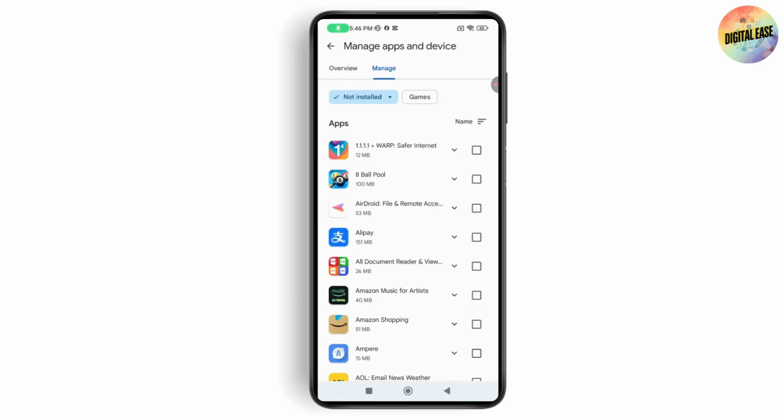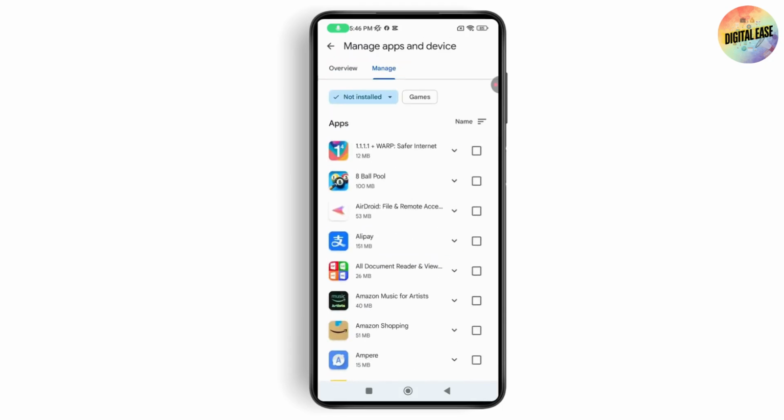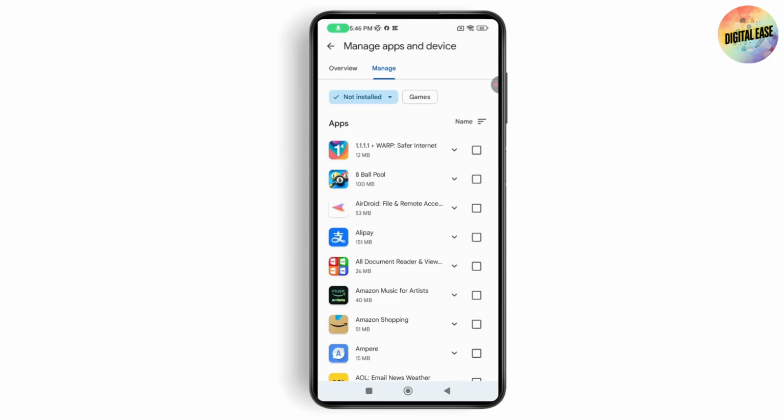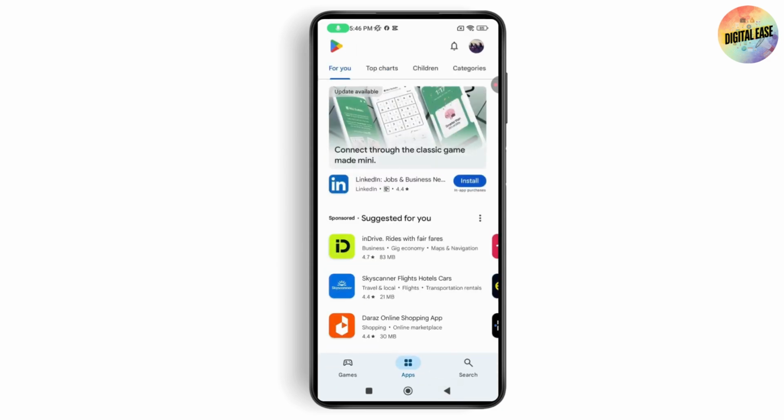And many people think they still take up memory. So to free up memory, some suggest selecting them and deleting them. The applications in this list do not take up storage on your phone. The size written under each application is simply the approximate amount of memory that it would use if you were to reinstall it again. So what you need to do is just go back and go with your profile again